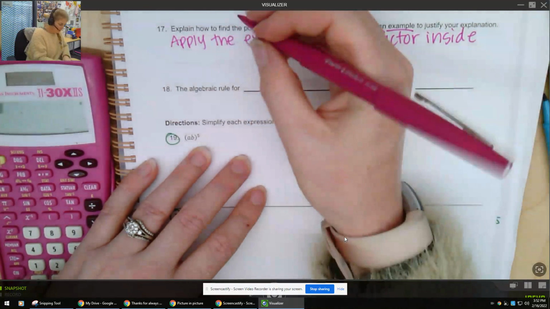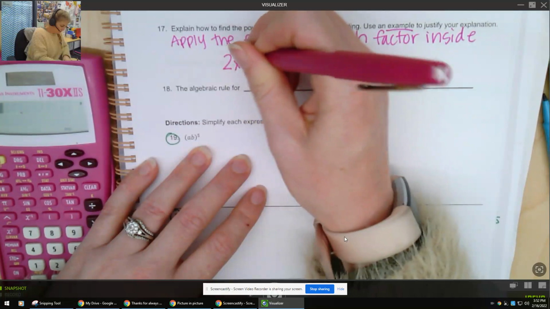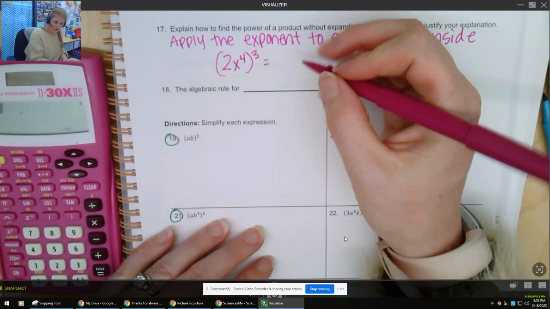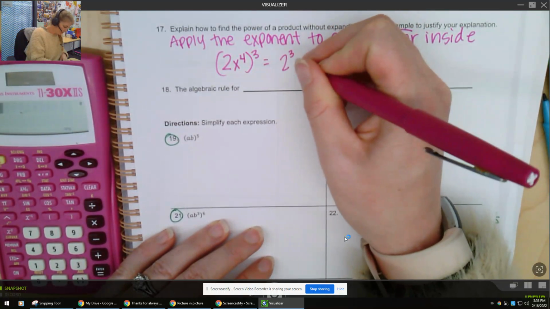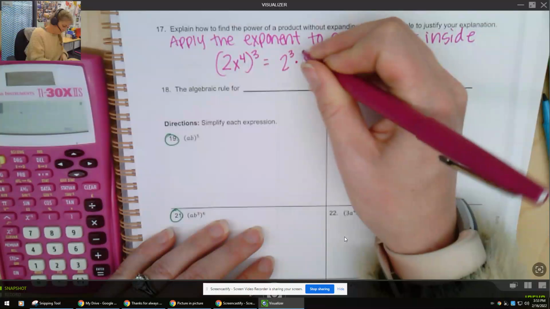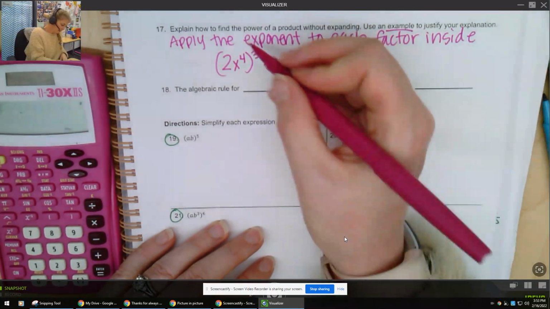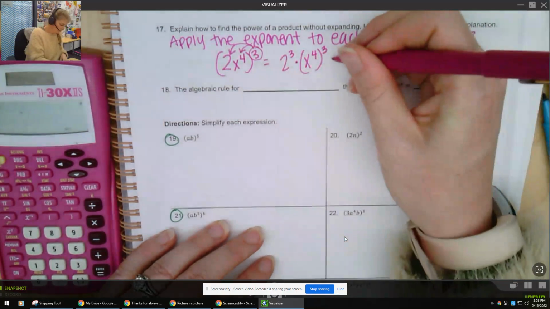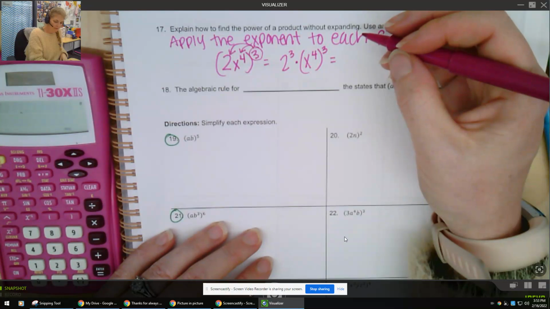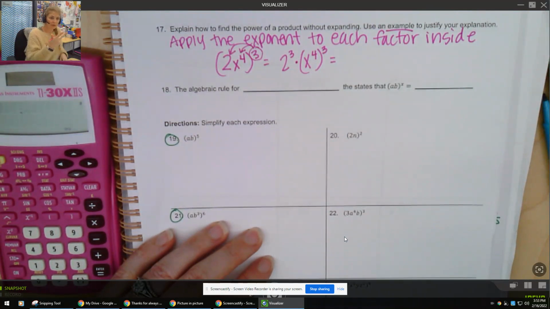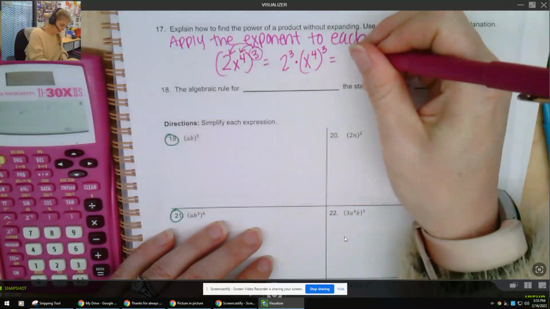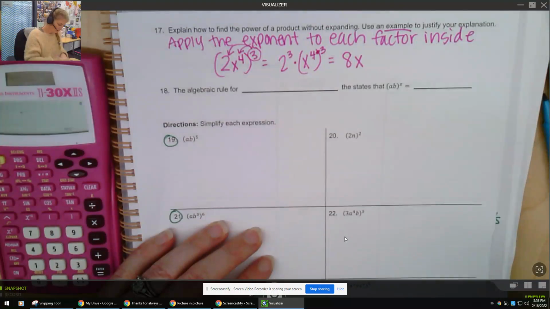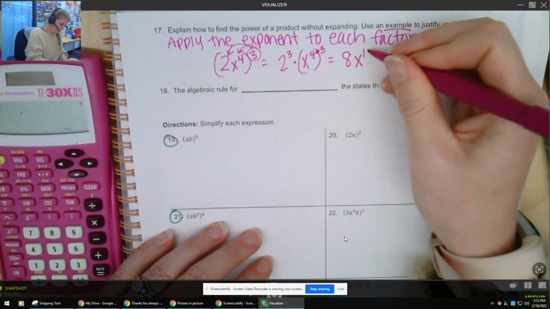And my example is going to be (2x^4)^3. We're going to show that that's 2^3 times (x^4)^3. Sometimes I'll circle the 3 and draw an arrow to each factor. And 2 to the third, if you don't know, you can always grab a calculator: 2 times 2 times 2. 2 times 2 is 4, times 2 again is 8. And x to the 4 times 3, power of a power, that little parentheses means to multiply, x to the